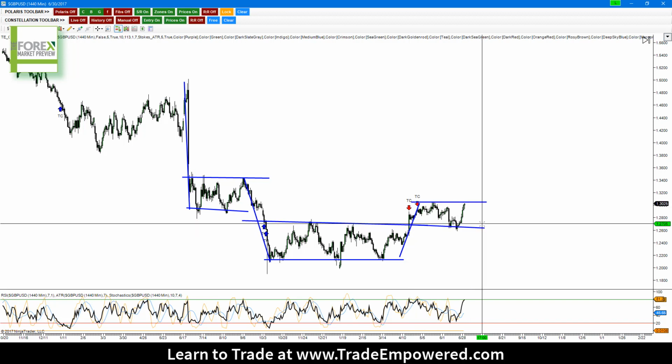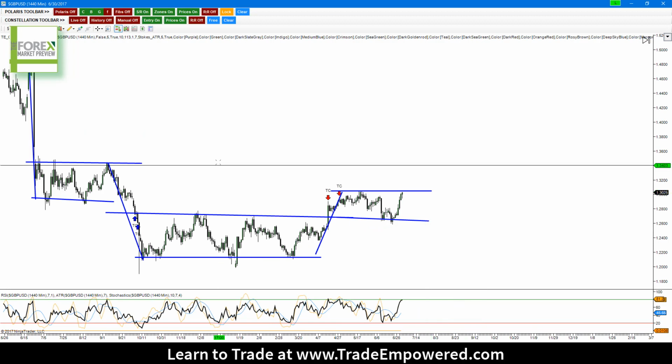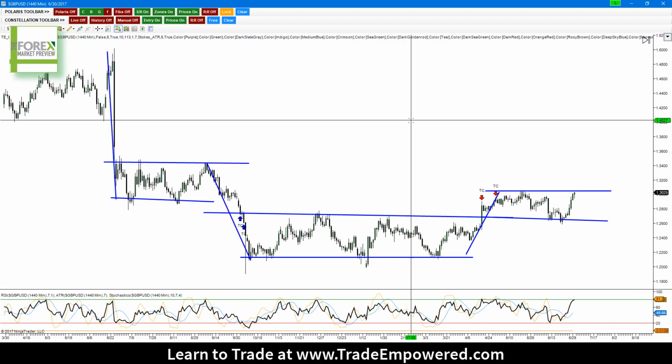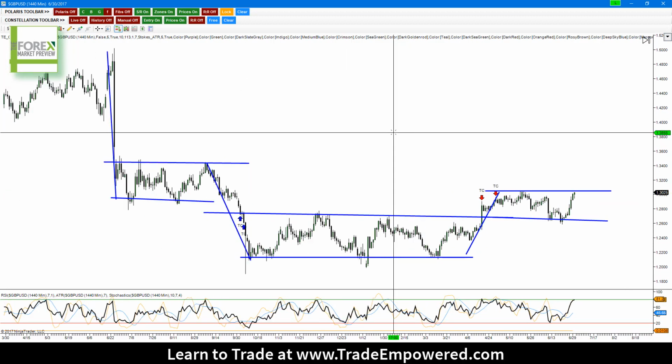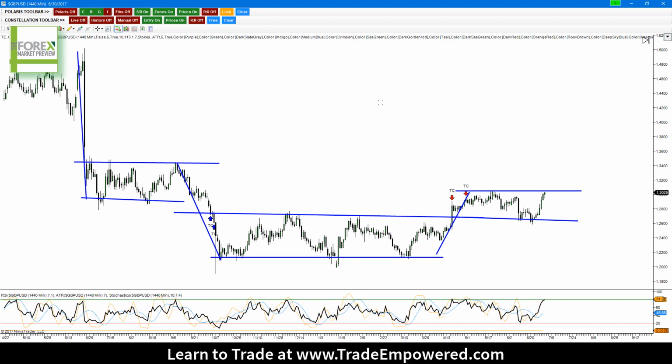Consolidation, expansion, consolidation, expansion. For you guys that don't believe that the market only trends about 30% of the time, this is a perfect example of that. Now, just because the market's not trending doesn't mean that you can't find trading opportunities. And if we get another extension out of this current level of consolidation, we're going to have a trading opportunity a little bit higher for anyone that is an advanced pattern formation trader.